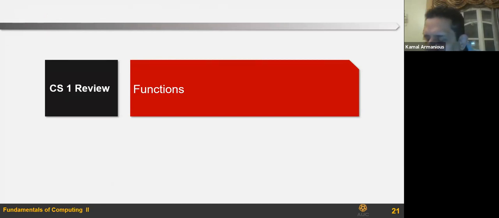Next lecture, inshallah, I will be continuing the review for 106, and I'll be tackling more serious topics like the functions, the arrays, the classes, the files, and the recursion.